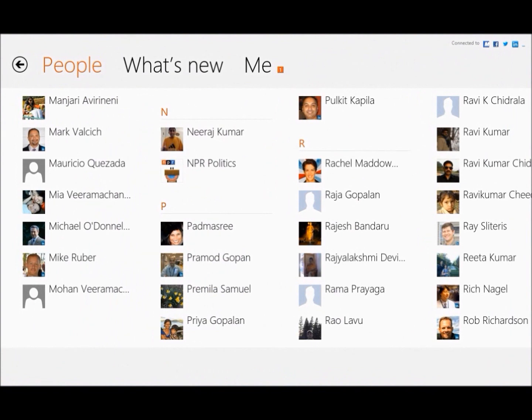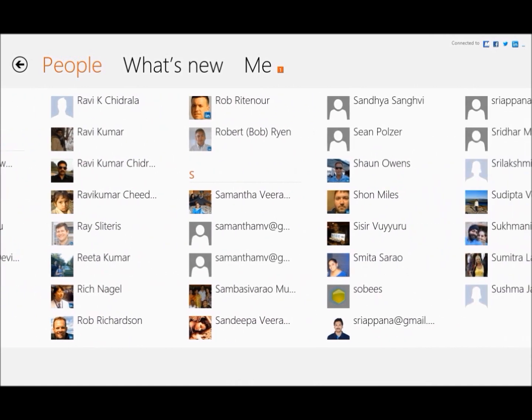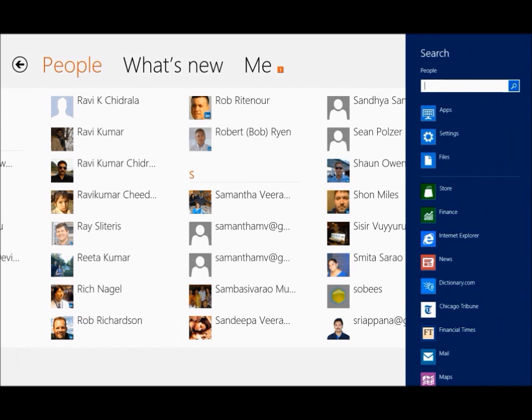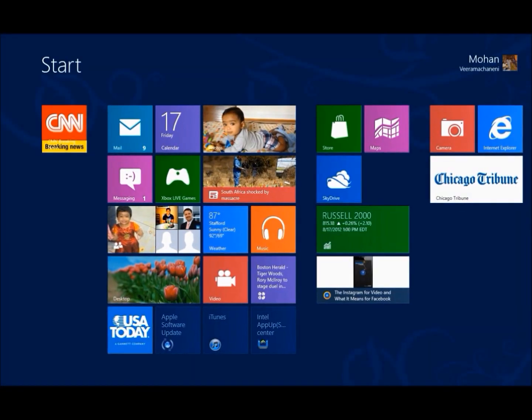Okay, you saw how I added that CNN Twitter feed. So if you want to add some more people, and if you see them here right away, you can add them. Otherwise, you can also go to the search charm and look for those people and add those people to your start screen. So let's now look at how our start screen looks. There is our CNN Twitter feed on our start screen,